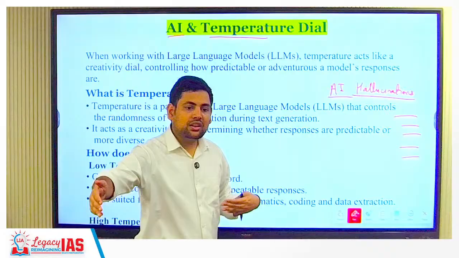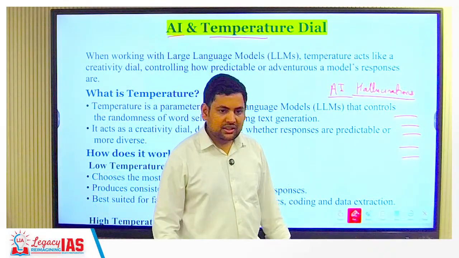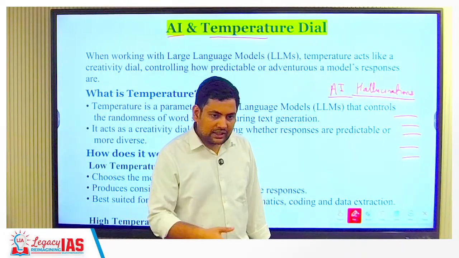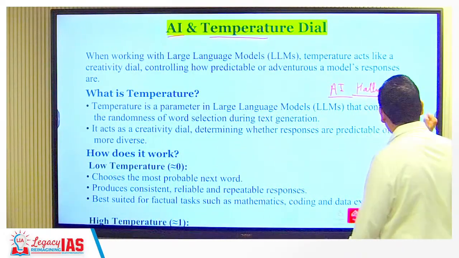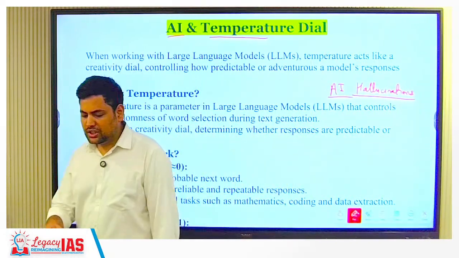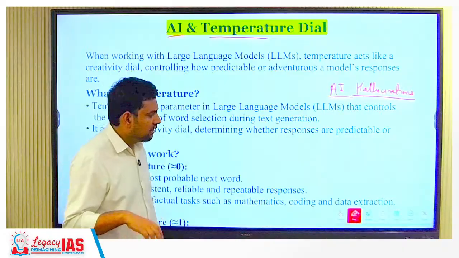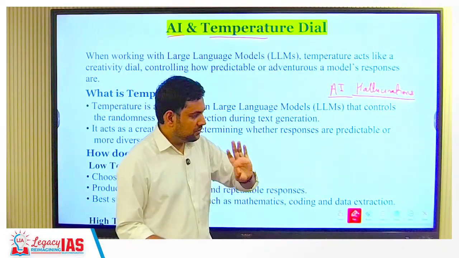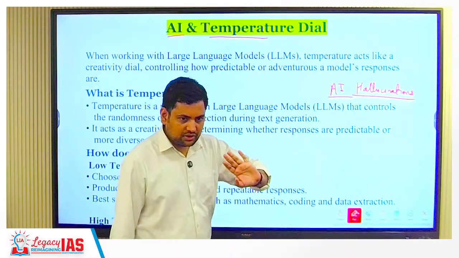But if you're doing it at a company level, what if it starts hallucinating at some critical step and nobody realizes it? Correct. So that is why AI hallucination is a major issue. Now, what this thing has come up with, this is actually a known phenomenon. Recently it came in the Hindu. Okay, so that is why it was in news. Now understand this. So AI hallucinations, you understand.